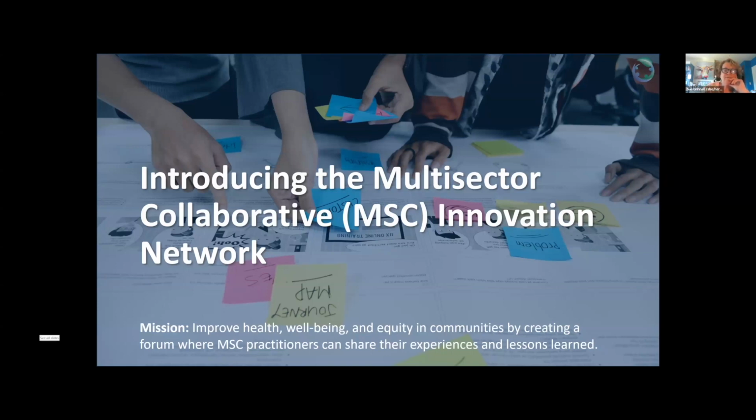So we have collectively inside of Phil and also in our work done a lot of work in this space of multi-sector collaboratives, worked in ACHs and a variety of others. And we by no means have it all figured out, but what we feel and observe and have heard, particularly in this work, is the need for people to be in dialogue and learning about how to do this really hard work. So we are launching, this is national, it's not just California or Washington, this multi-sector collaborative innovation